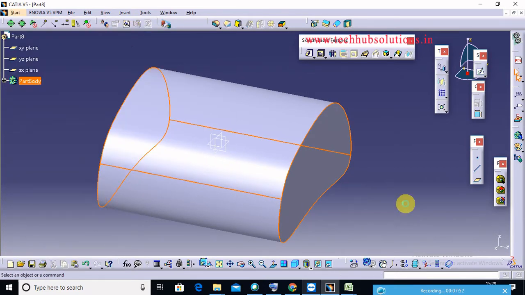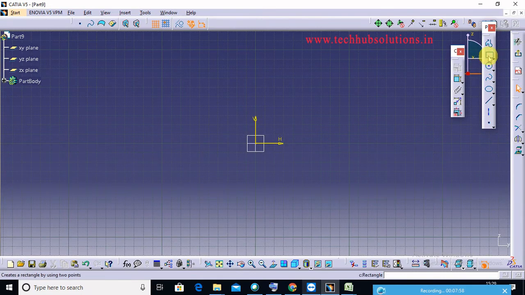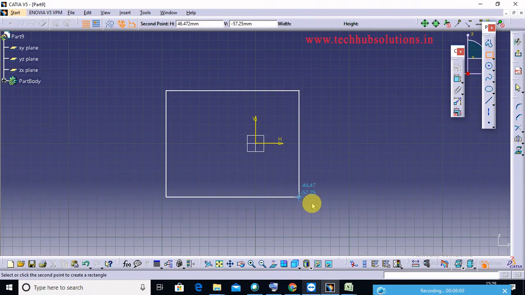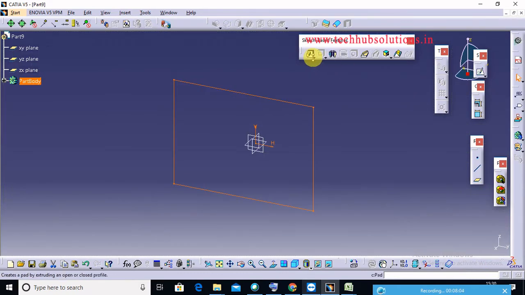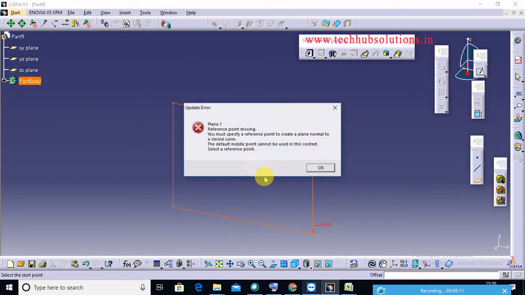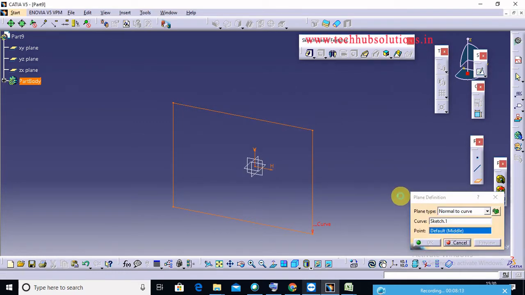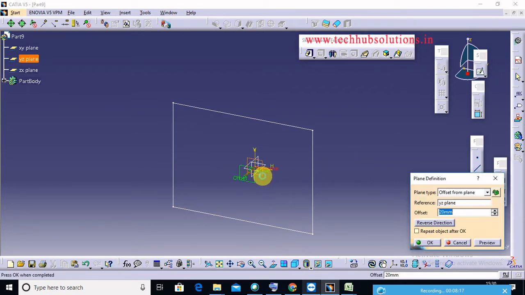Next one is under part design, there is a multi-section solid. Multi-section solid, suppose create here one rectangle, then exit workbench, then create here another plane. How to create plane? Suppose this is the plane option, and select this one, this same YZ plane.